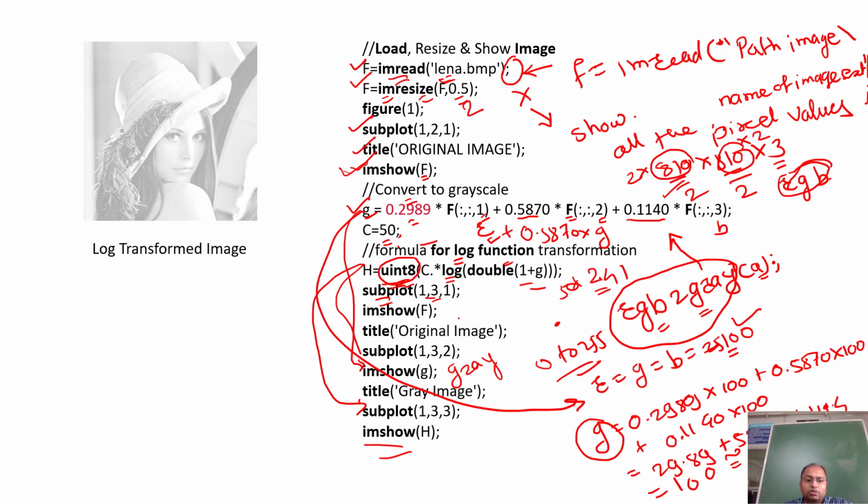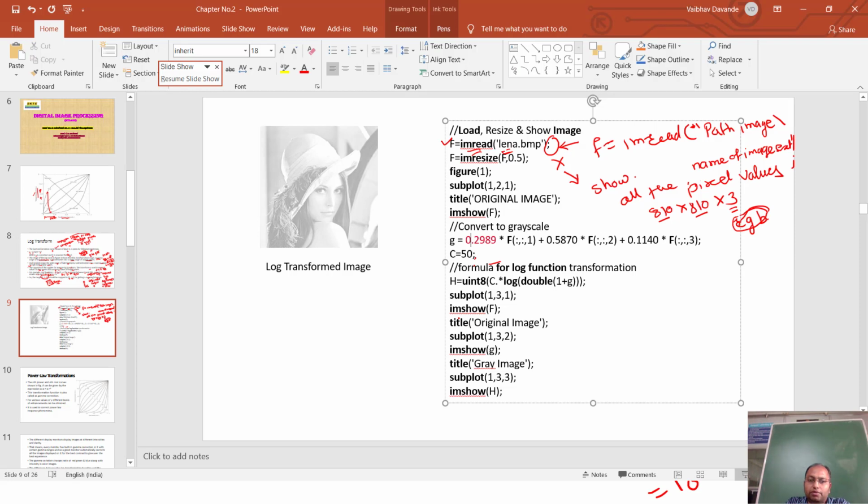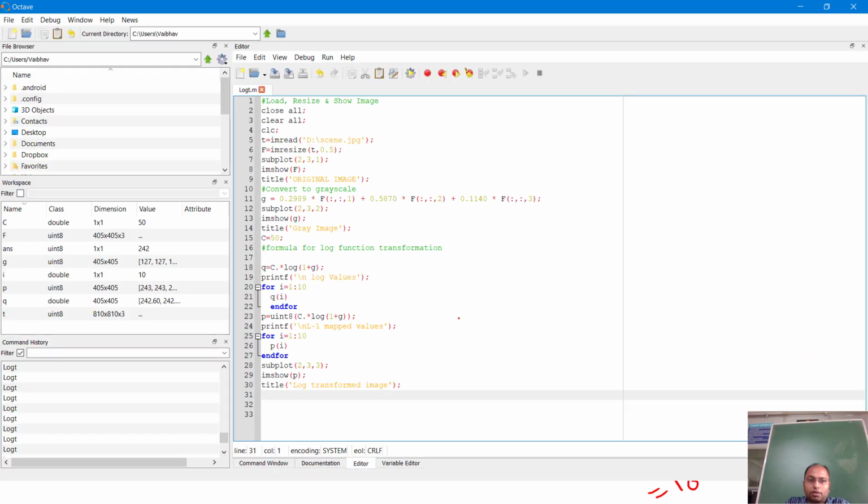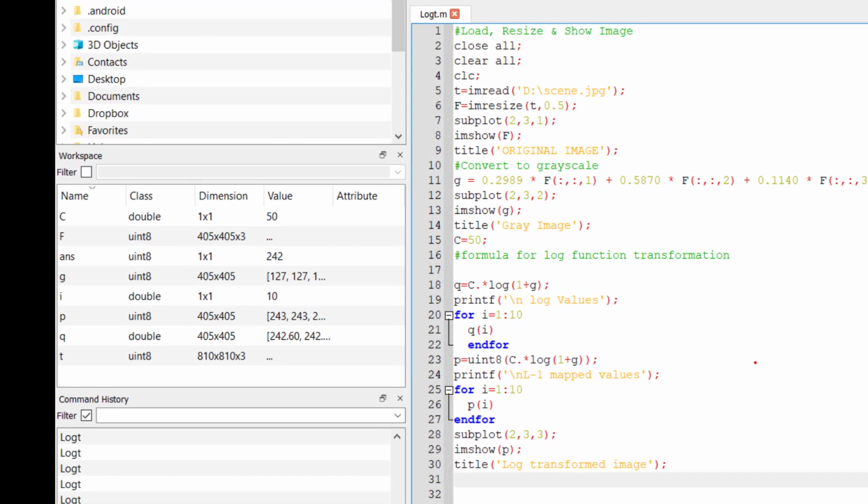So let us do some changes in the program, and we'll execute that program by means of the Octave software, right? Okay, so focus on this. So this is nothing but close all.